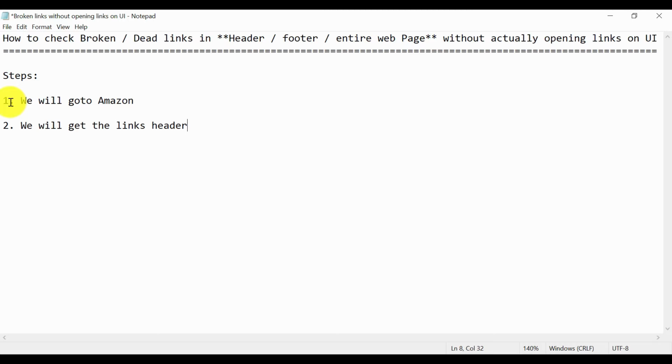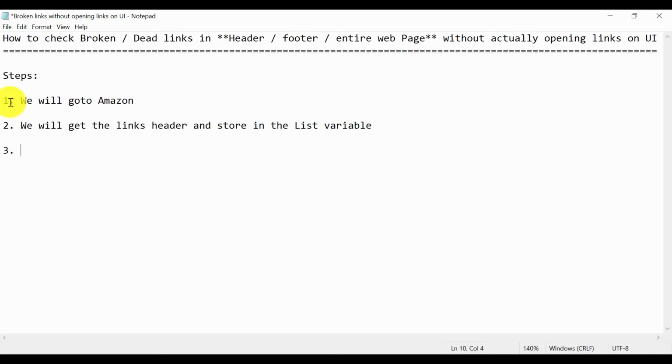You will get the links in the header and store them in a list variable. And then the third step, we are not going to open, we are not going to click on these links.